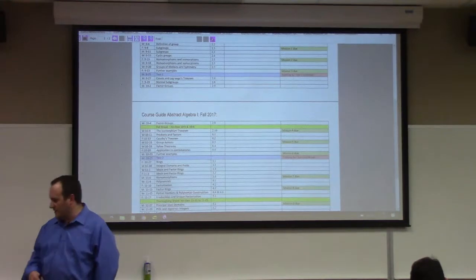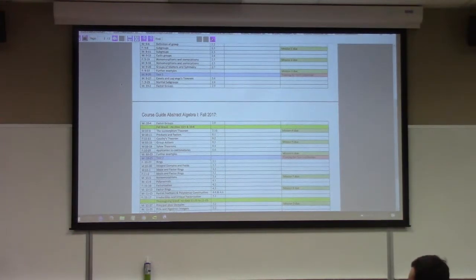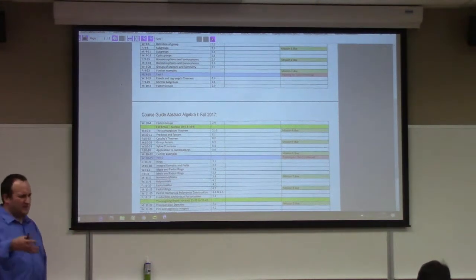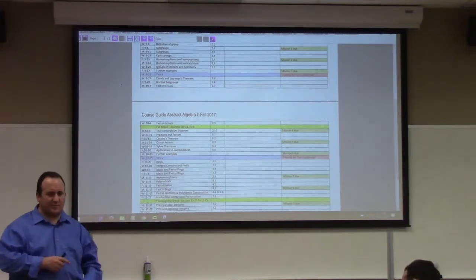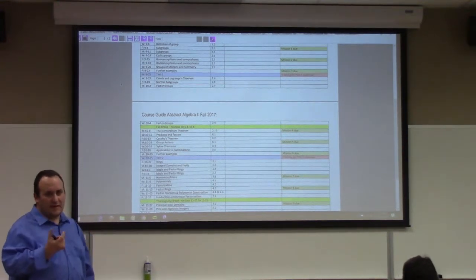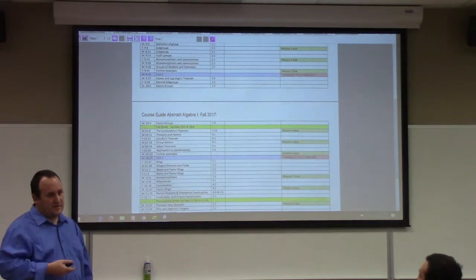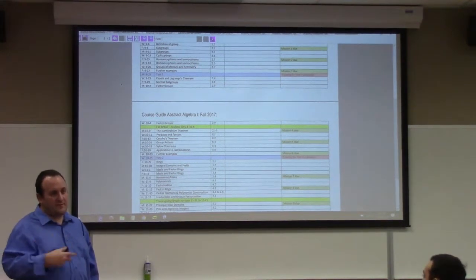I left my book at home because I'm an idiot. But I'm trying to remember, there's a whole bunch of different theorems about taking products of subgroups and getting the product group HK and the properties of that product group and how it's isomorphic to other things. I've not proved all of those things, but I proved some of those things, right?